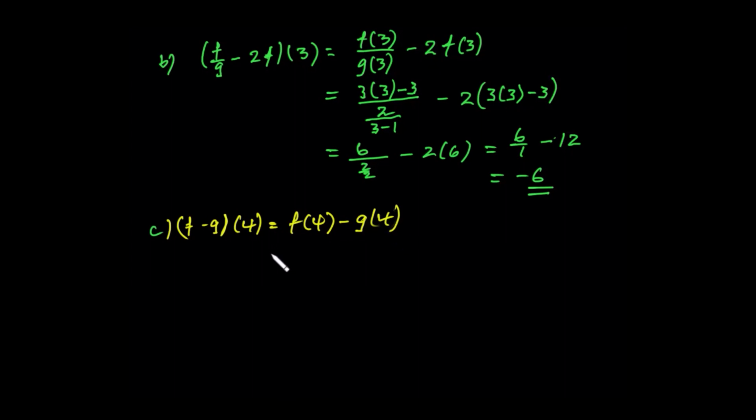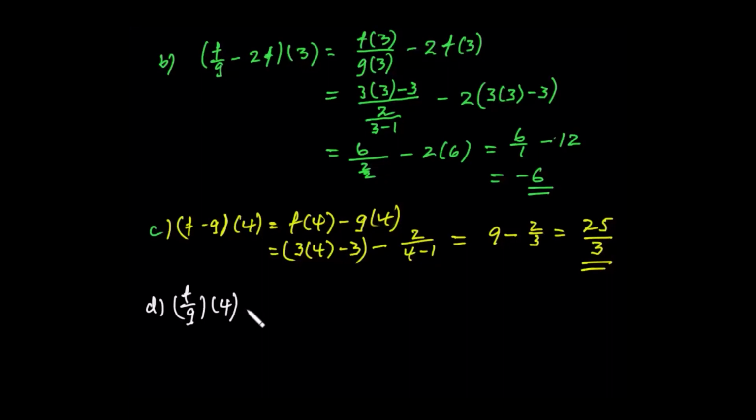ስለዚህ f of 4 minus g of 4 ይመጣል። ስለዚህ f of 4 means 3 times 4 minus 3 minus ይሄ አንድ ነው minus g of 4 is 2 over 4 minus 1 ማለት ነው። ማለትም 2 over x minus 1 ነው። x is 4 ይመጣል። ስለዚህ ይሄንን ካልኩሌት ስታደርጉት ይመጣል 12 minus 3 is 9 minus 2 over 3 ይመጣል። ይሄንን ከ27 ላይ 2 መቀነስ ነው። ከ27 ላይ 2 25 ይመጣል over 3። አያችሁ ኢቫሉዌት አደረግነው ነው 25 over 3 ይመጣል ማለት ነው።